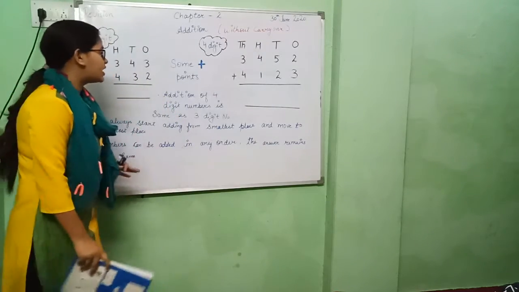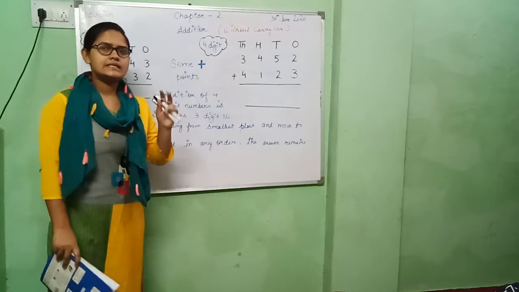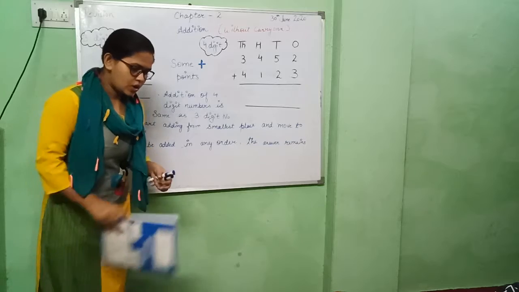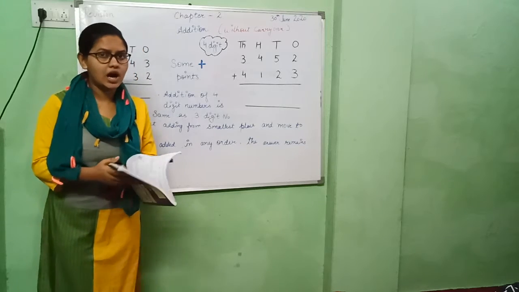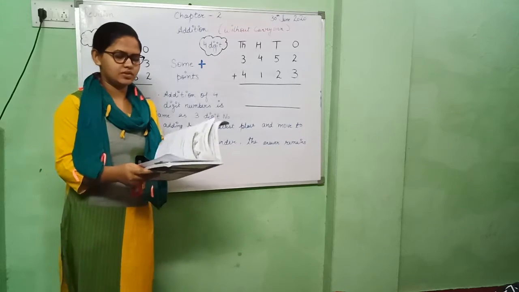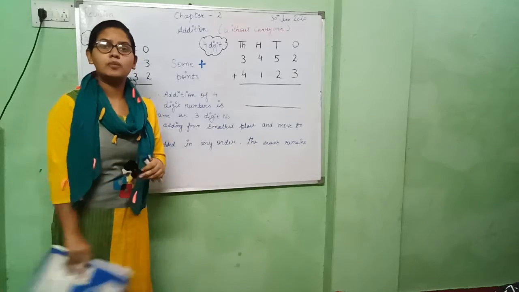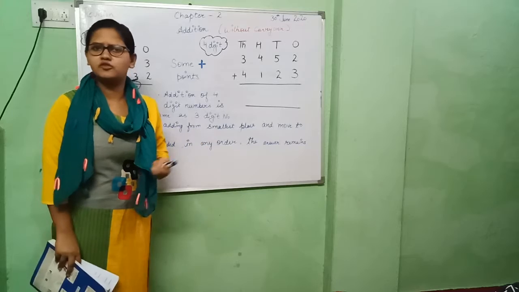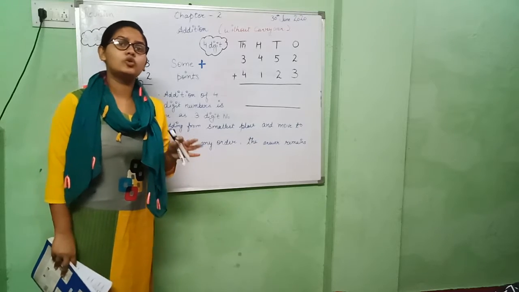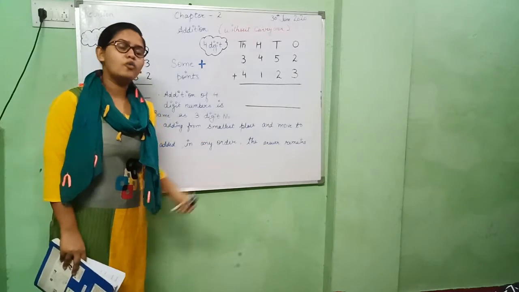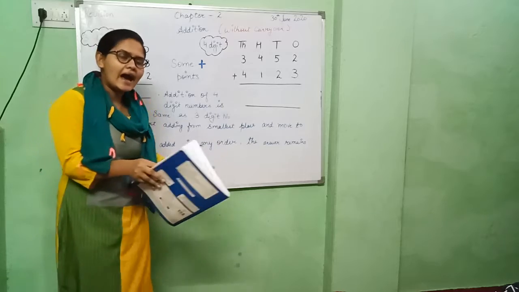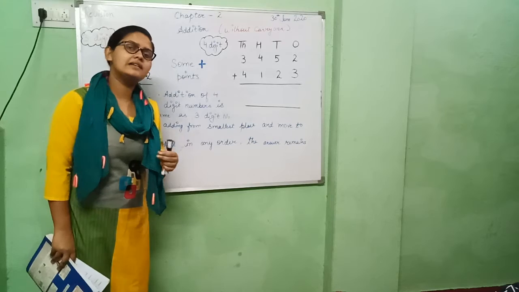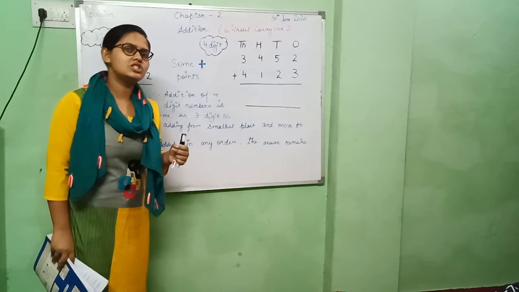So today we are going to start our second chapter of revision, and that is addition, right? In this chapter we are going to learn how to add numbers. In the first chapter we learned about numbers, extension of numbers, comparison of numbers, estimation of numbers, everything related to numbers. Now we are going to learn how to add numbers, which means when we count and when we add things, that is called addition.